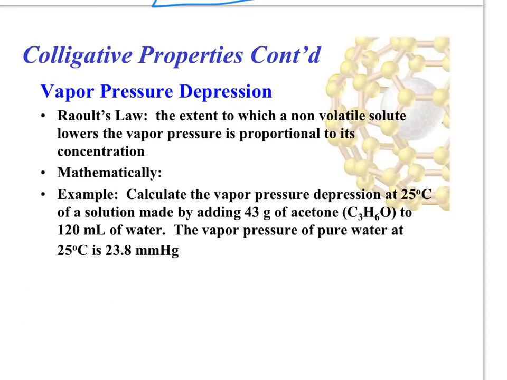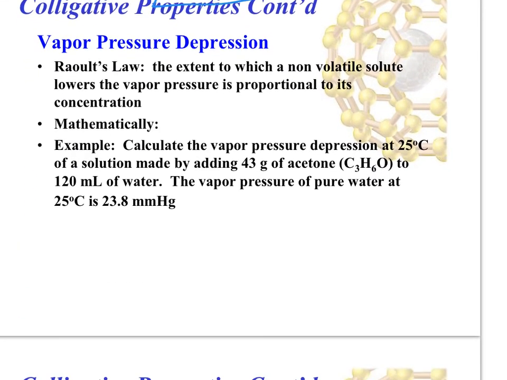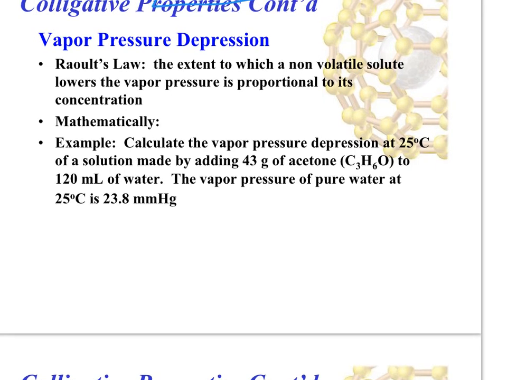It goes down. And Raoult's law, there's a law that deals with this, that says the extent to which a non-volatile solute lowers the vapor pressure is proportional to its concentration. So again, that tells us that it is a colligative property. Mathematically, this one's a little bit different from the other ones. The equation for this one is delta P, the change in the vapor pressure, is equal to the mole fraction of the solute